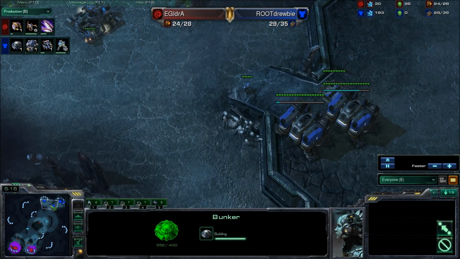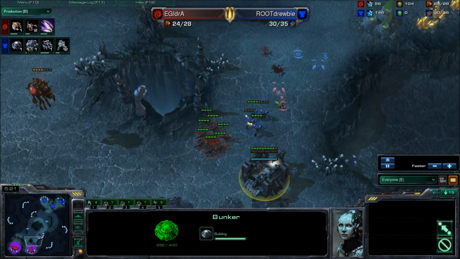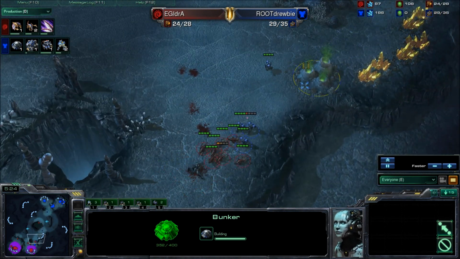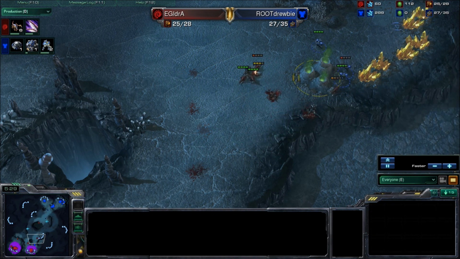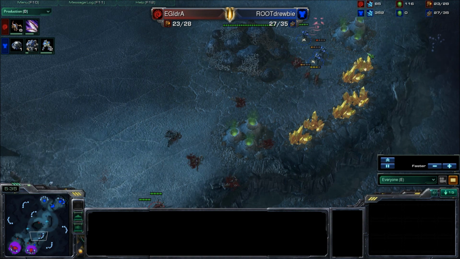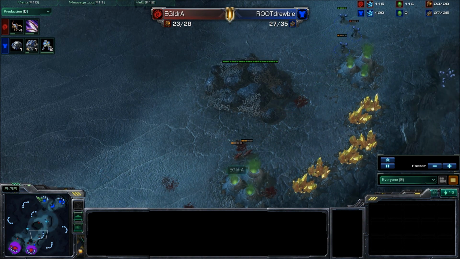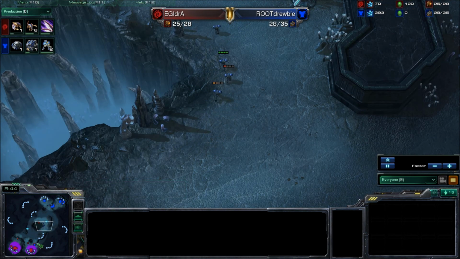SCV is not going to be coming down the field, so he's going to be expanding off of this. Probably going to be canceling this expansion or this bunker very shortly. And we do have EGIdra just making so many Zerglings to deal with this pressure though. And all these Zerglings are still dying with the nice micro from Drewbie here. And he's going to be able to defend this off and even have his Marines survive and expand off of